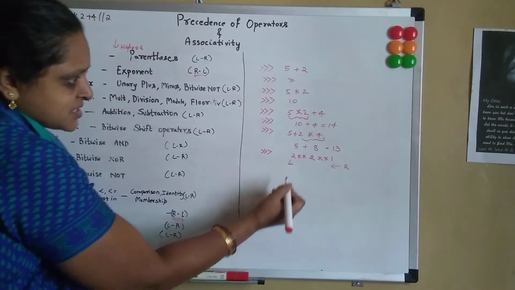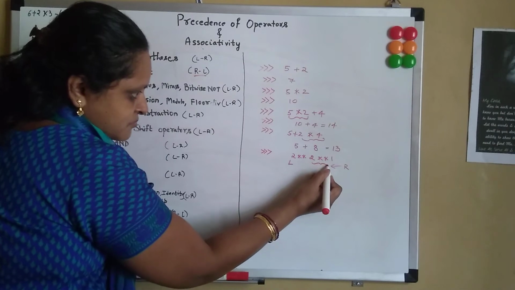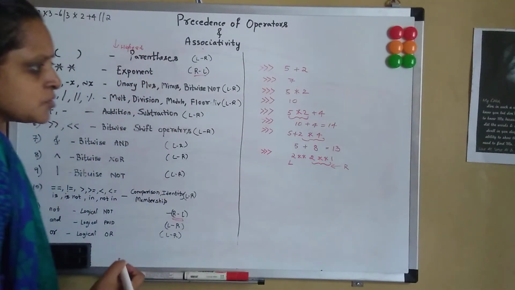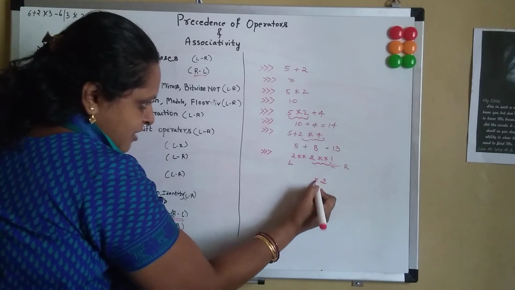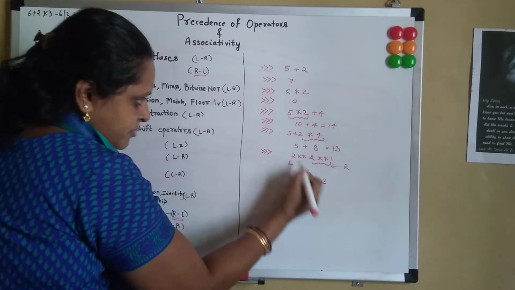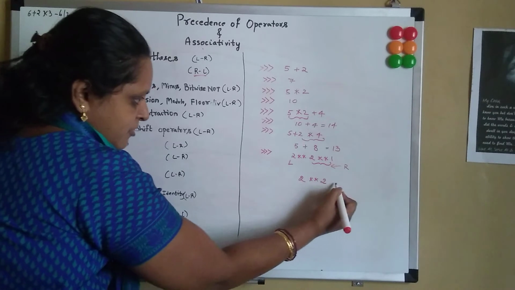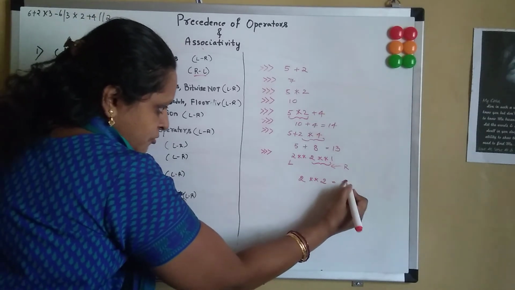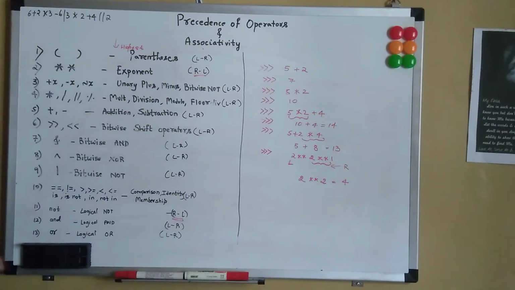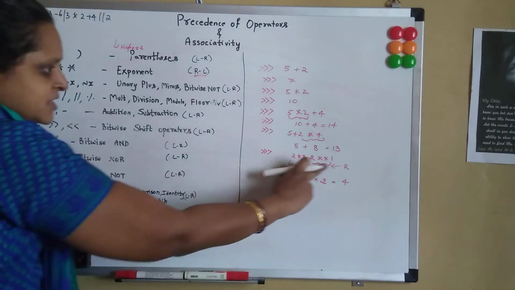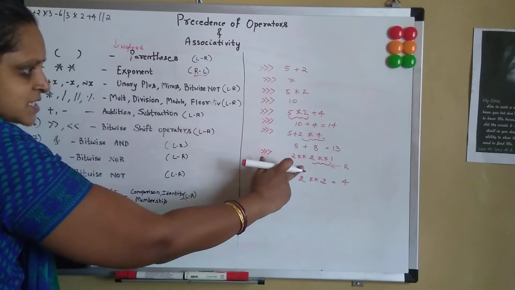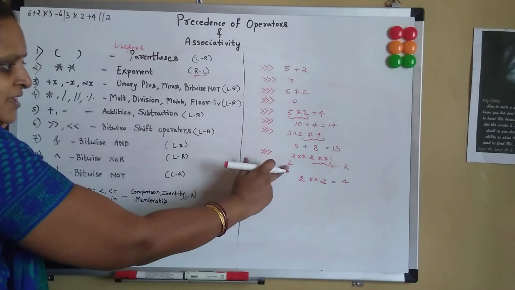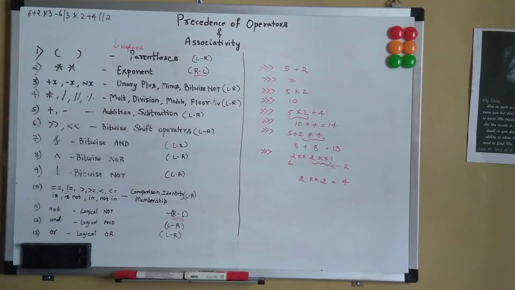So from the right, if we see, this expression comes first. 2 to the power of 1 is nothing but 2. And then we have to perform the left operation. So 2 to the power of 2 becomes equal to 4. So here the associativity is right to left. We come from the right and solve all the expressions and then finally come across the left end.